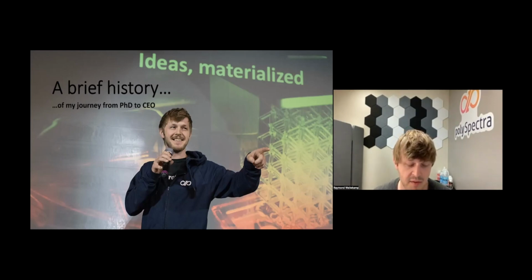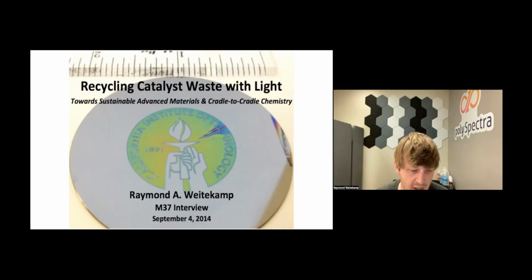And then kind of quickly fast forward through a bunch of iterations and permutations on this idea to how we got thinking about commercializing this. What I set out to do was to create a photoresist based on the Grubbs catalyst system, and I ended up succeeding in doing that. And I won't go into the chemical details, but